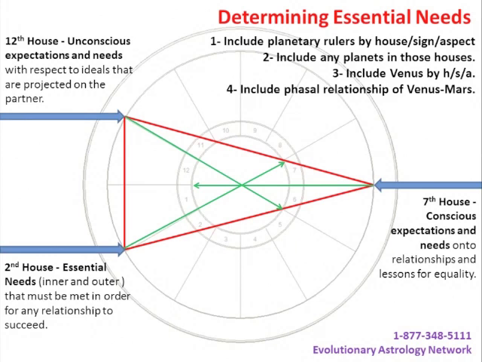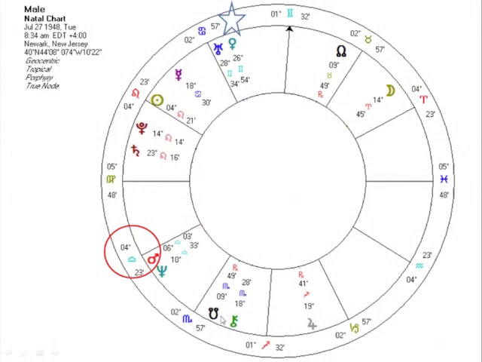So let's look at this slide again. And you will see here in this little nutshell how we look at essential needs. We're not going to be able to look at the spatial relationship of Venus-Mars in detail. I am including it as we're looking at this. And if we look back at Daniel,